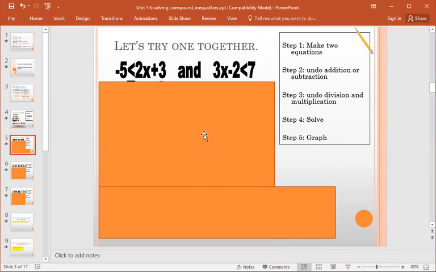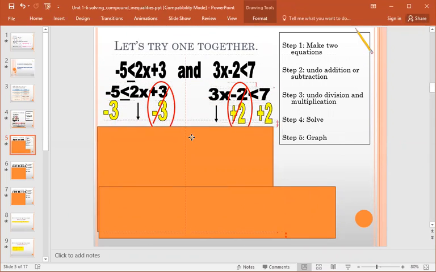Okay, so let's try a different one. This time they have the word "and." So based on my original, I know "and" means that the variable ends up in the middle. All right, so we have 2 different equations. We're going to keep those 2 equations, and we are still going to undo our addition, subtraction, and then still solve. So the first thing we're going to do is undo the addition and subtraction for each of these inequalities. In the first one, I need to subtract 3 from both sides,